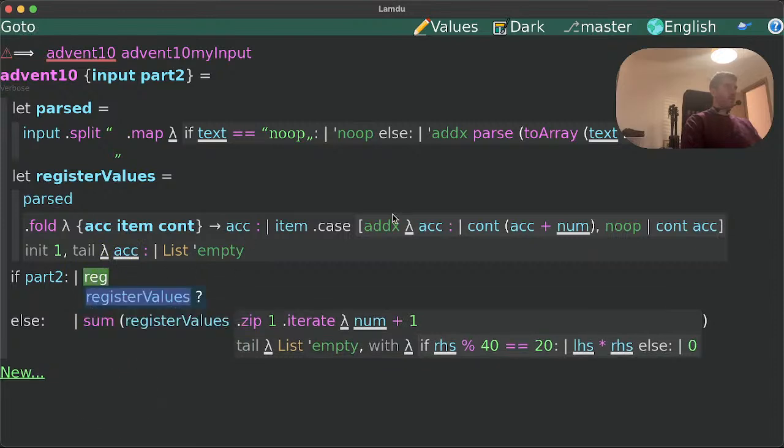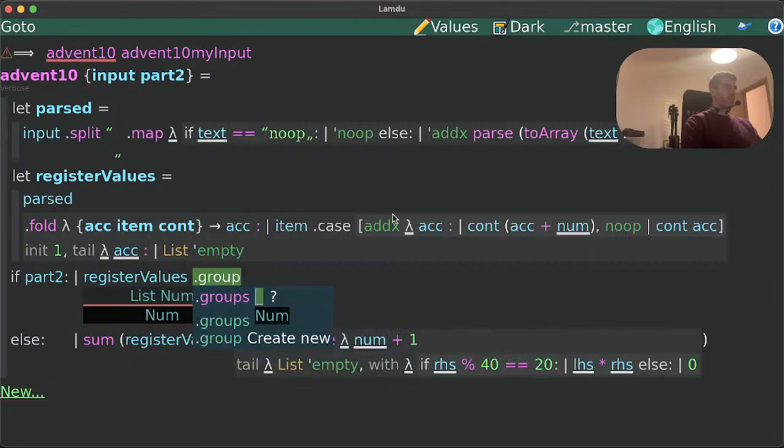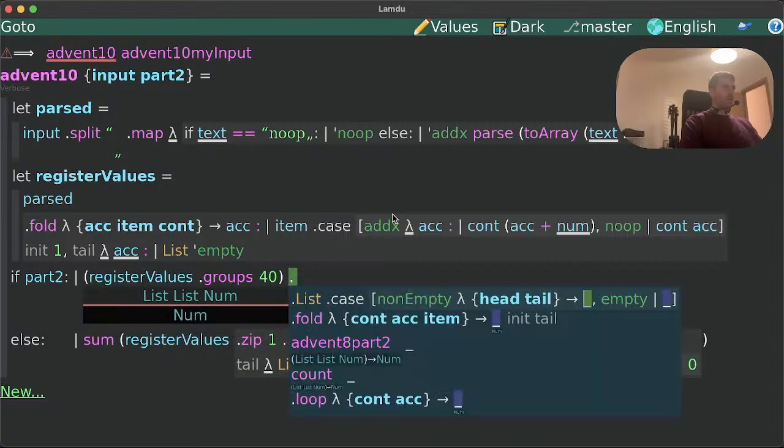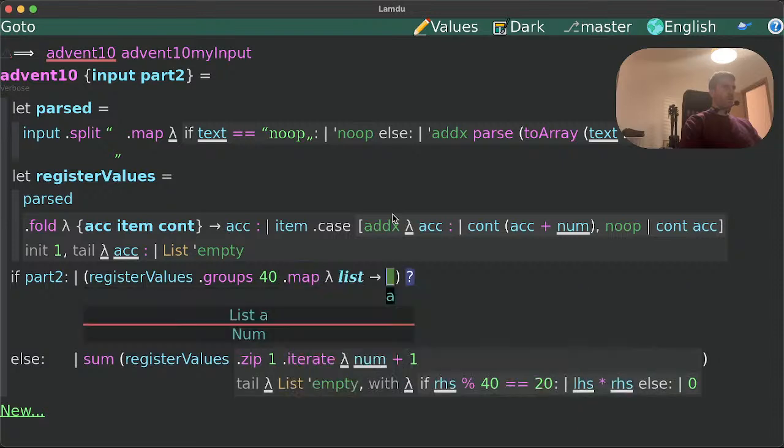So actually, register values dot groups of 40, right? We're going to map over these groups, and then